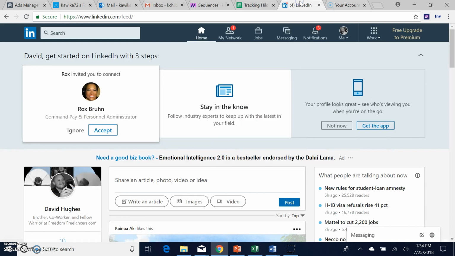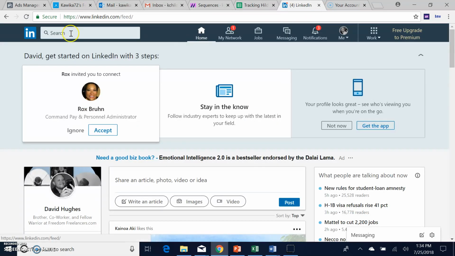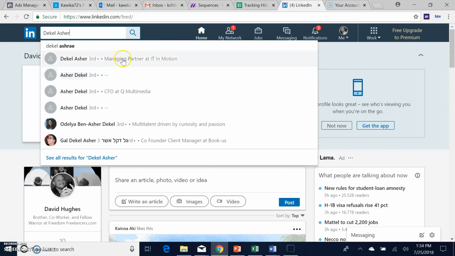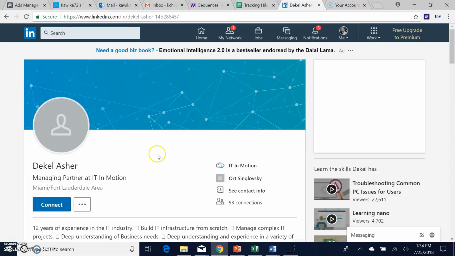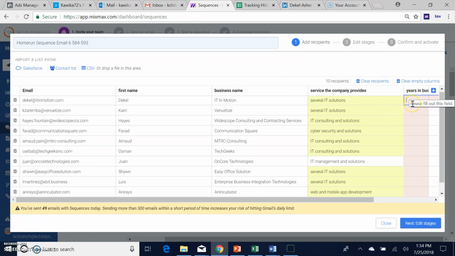So what you're going to do is just go into the list, copy this person's name, and take it to LinkedIn. It'd be good if you can memorize what company they were. So we knew they were IT in Motion. Pull it up, scroll down. You see here, it's 3 years and 11 months. Easy. We just put here 3 years. Move on to our next